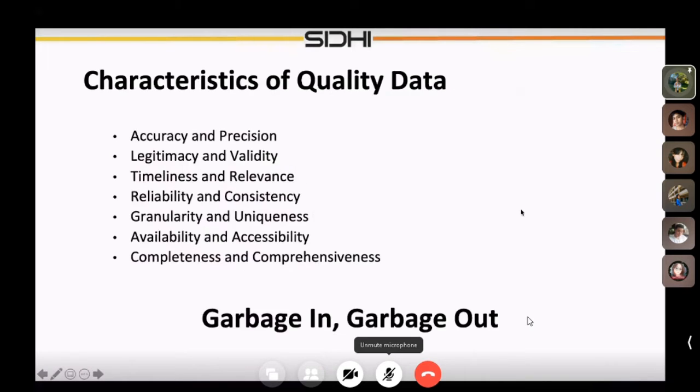And the last part in this data gathering aspect is the data itself. What should the data be? What are the characteristics of quality data? So the first one is accuracy and precision. What we mean by that is pretty straightforward. We want to be able to see